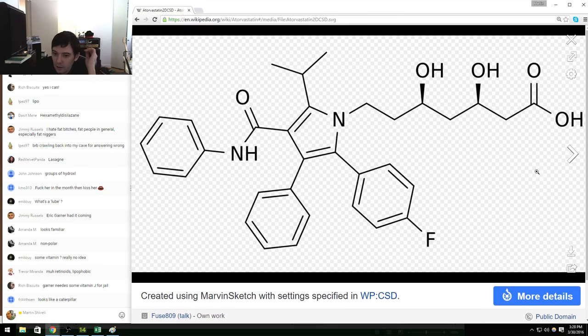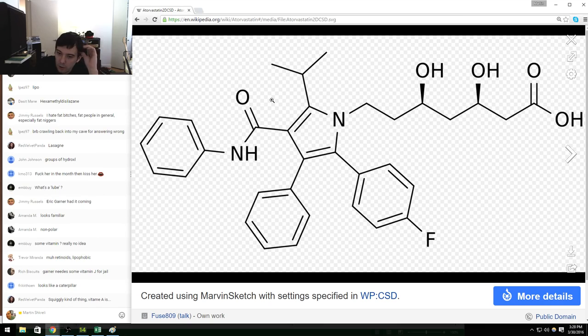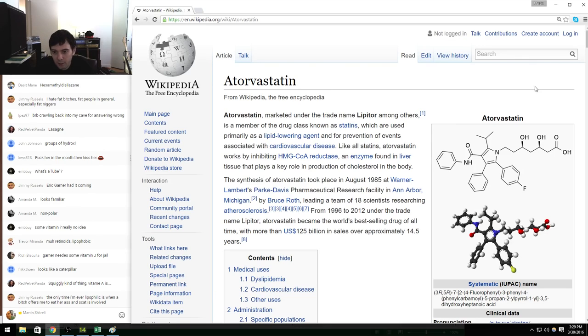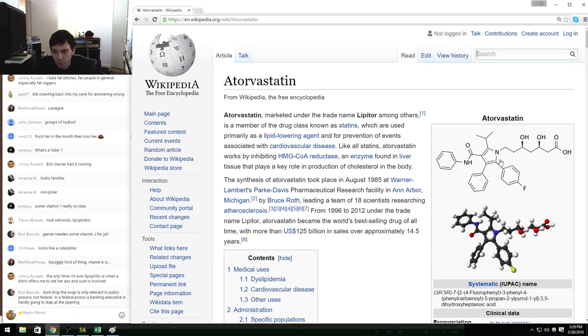You can see that it's generally nonpolar. It's got these polar parts here, for sure, but that's important for it to function with the enzyme. So some of it's polar, some of it isn't. You need just enough polarity to be soluble, hopefully, and not so much that you're too polar, because you can't cross